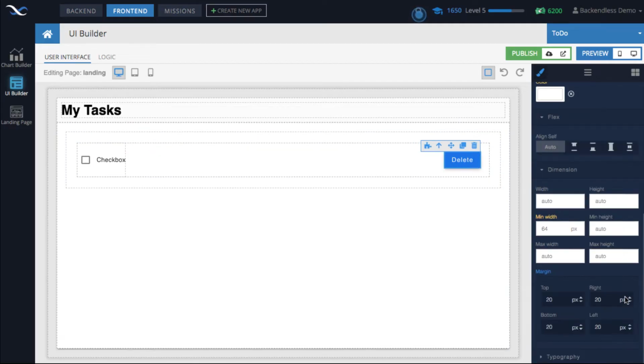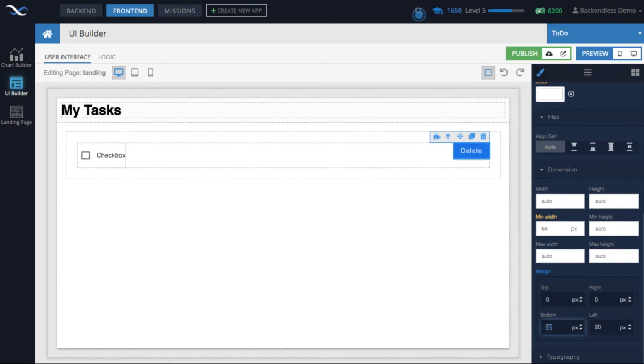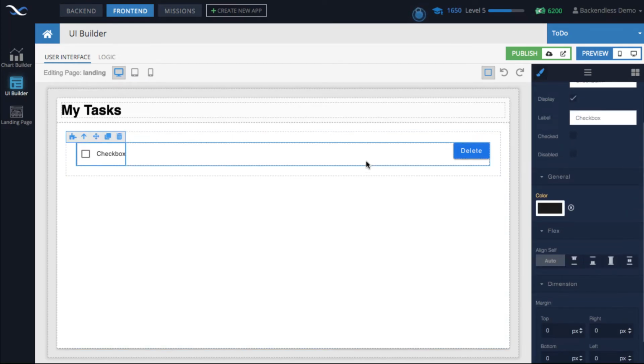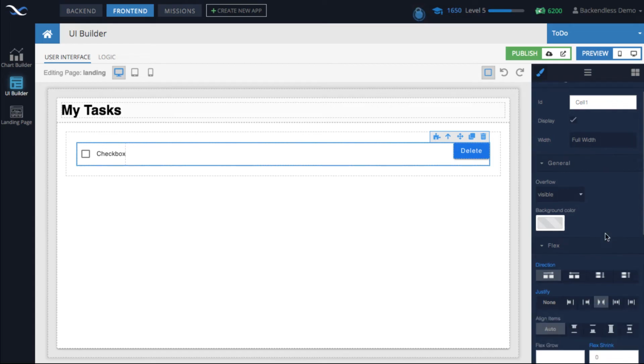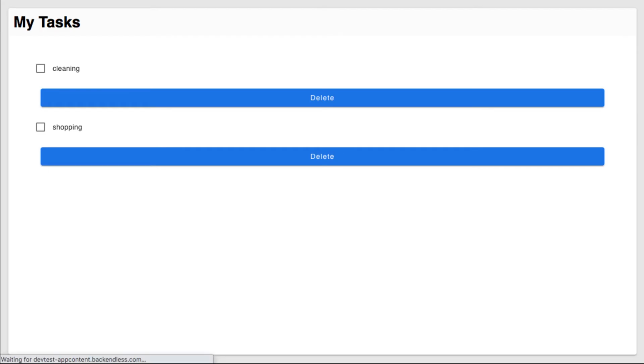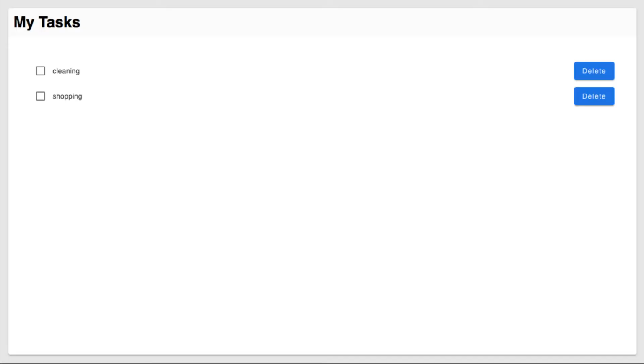By the way, this button has some margins that we can remove just to make it a little bit more compact. Does the checkbox have any margins? I think I already checked that. No, it doesn't. And by the way, the cell, we want to make sure that it's all centered. Okay, now it's much better. Let's reload the page. And as you can see, every row has its own delete button.